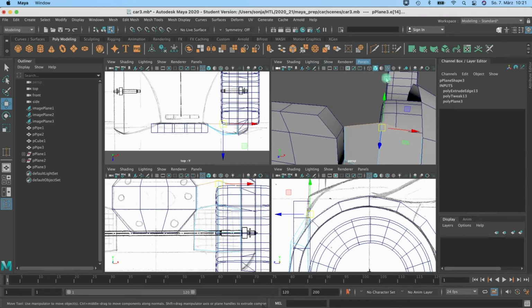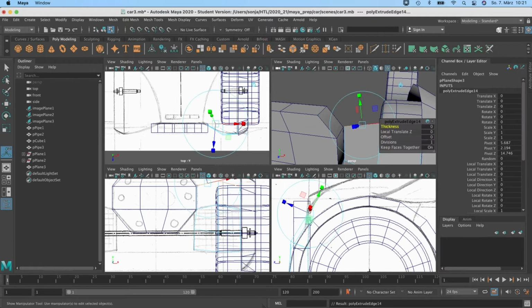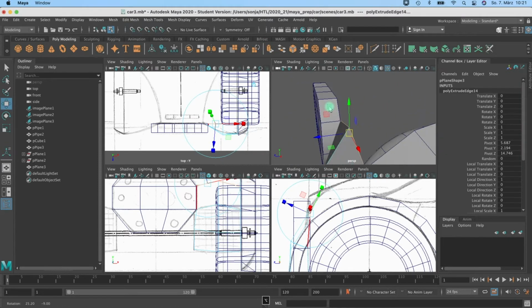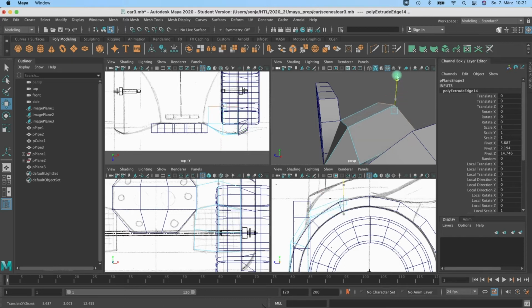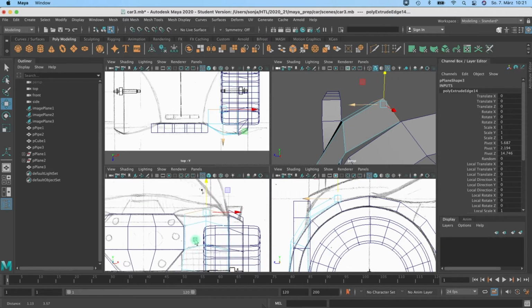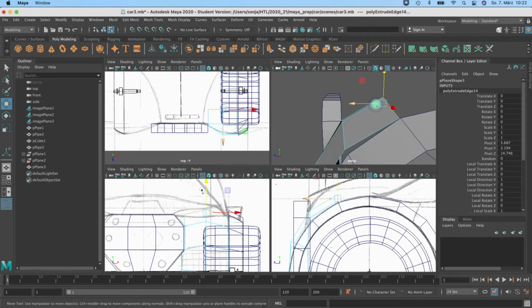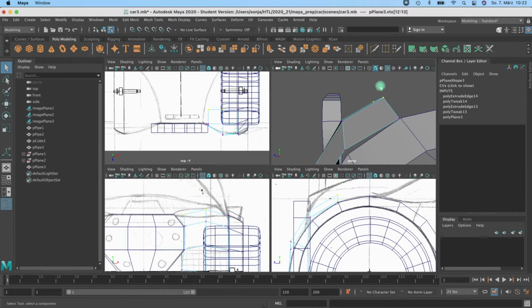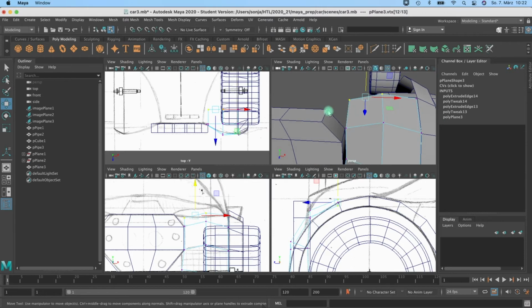Then I do another extrude. And I guess this should be a little bit lower. And here I need some more